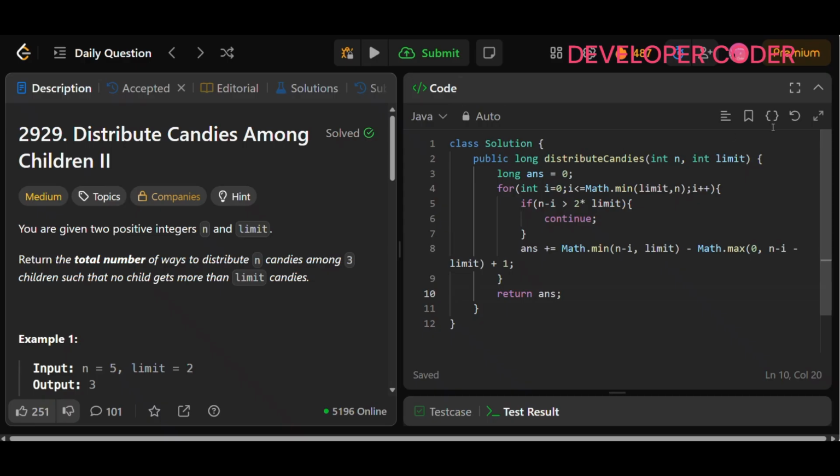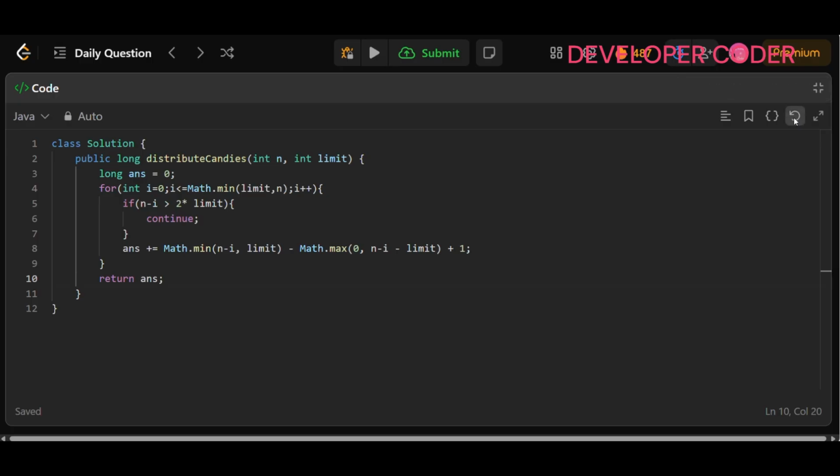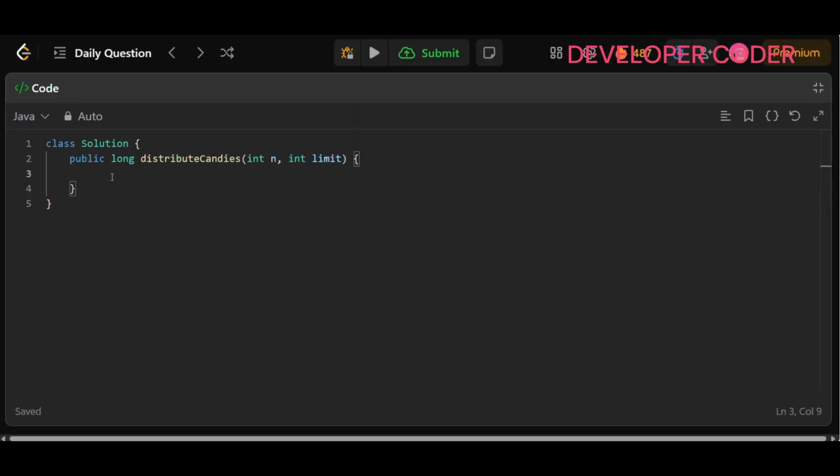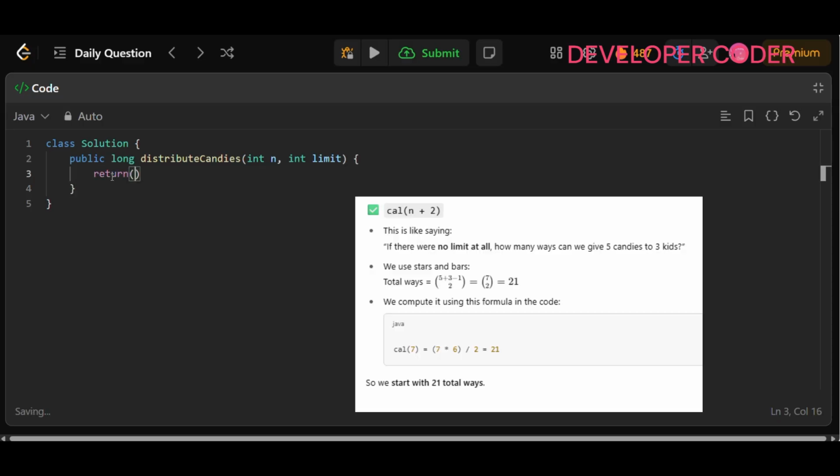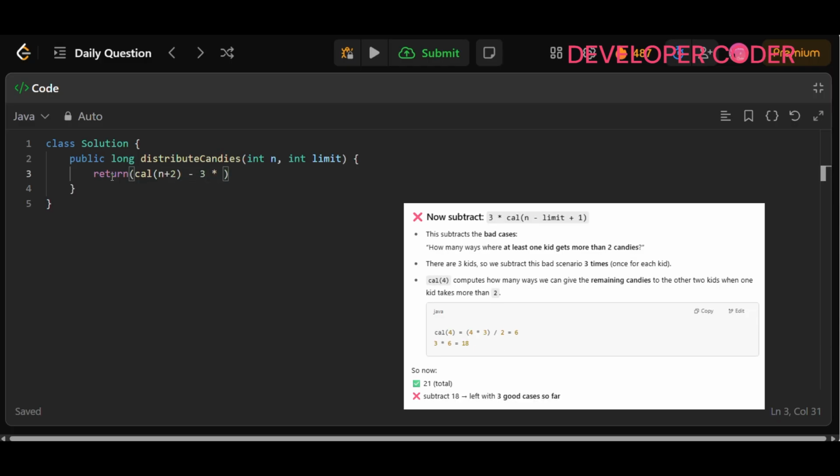Now let's write the code for this. Let me just reset it, and from here, simply return. We have to call this cal method. Here I'm just going to pass n plus 2. Then I'm going to subtract from this 3 into cal, here n minus limit plus 1, and here I'm going to do the addition of this 3 into